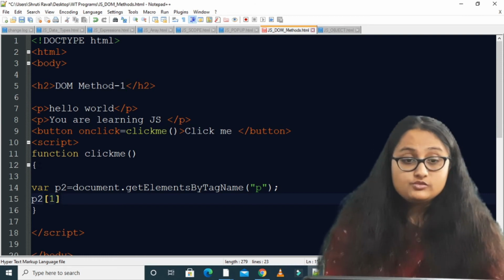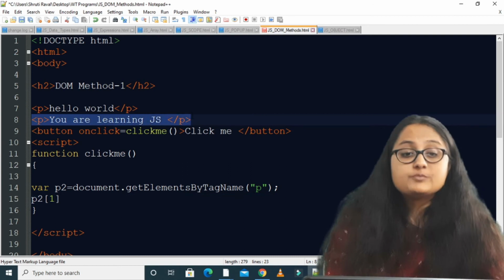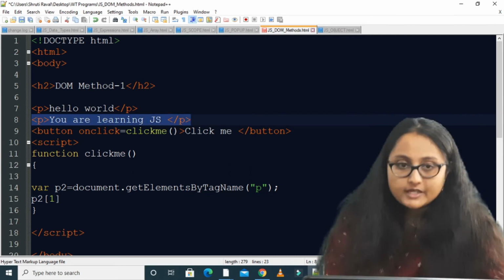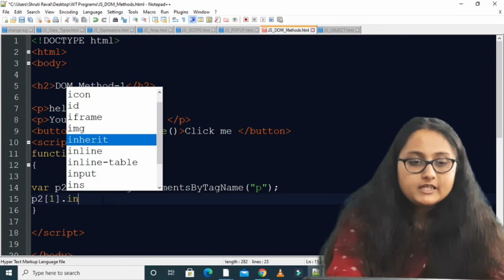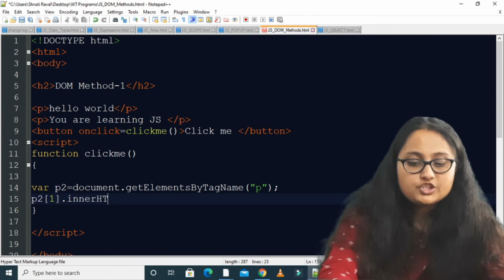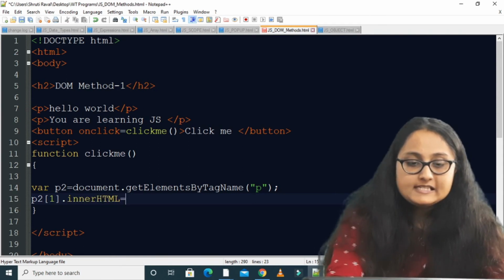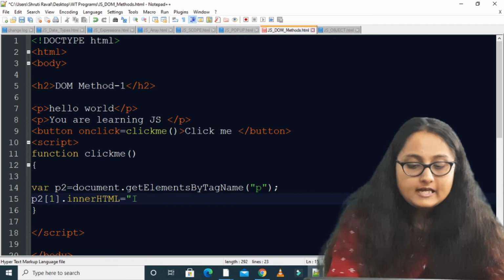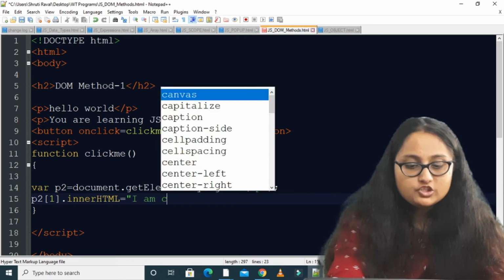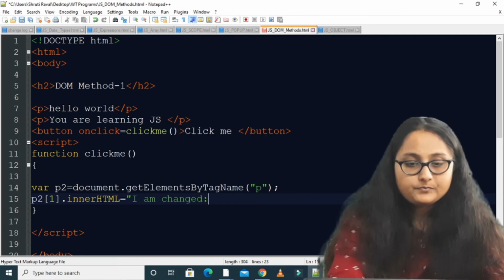As soon as I do so, it will refer to this second paragraph object. Dot, which property do I want to change? Again I want to change innerHTML equal to I am changed, right?